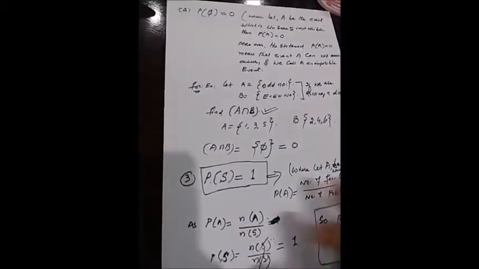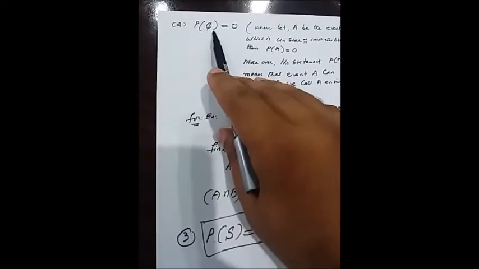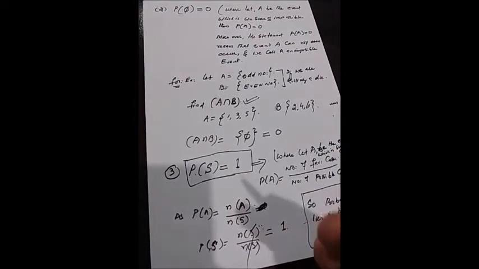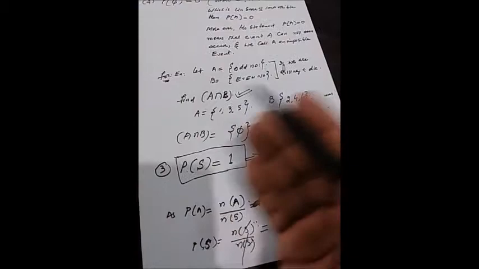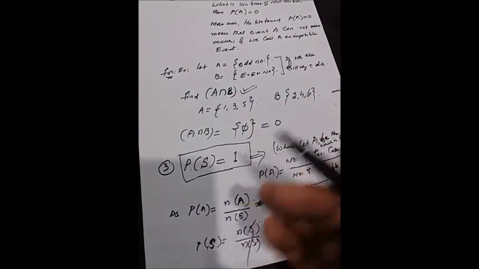And the second property: the probability of a null set is always 0. So in some cases, we are calling the unsure and impossible events. The happening of that event is impossible, but we are trying to call it. At the end of the event, what we obtained is that the result is 0, meaning there's nothing in our hands. So the probability of the null set is always equal to 0. It means we are calling the event which is unsure and impossible.